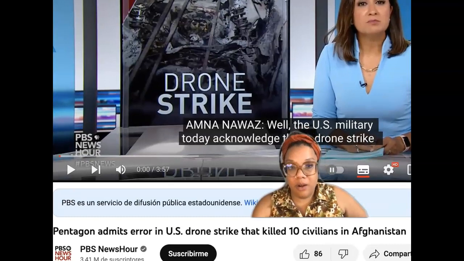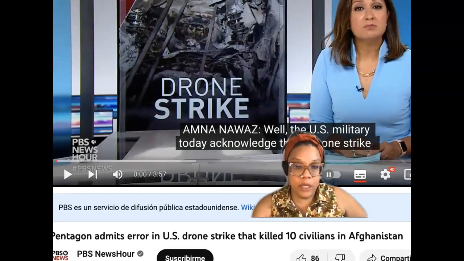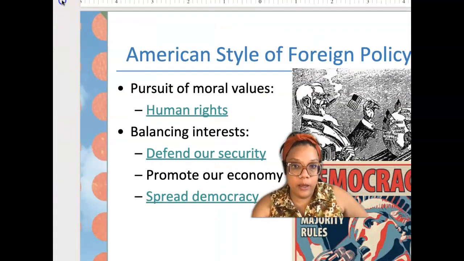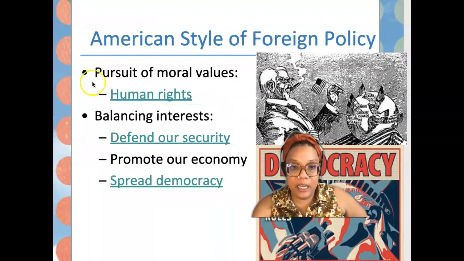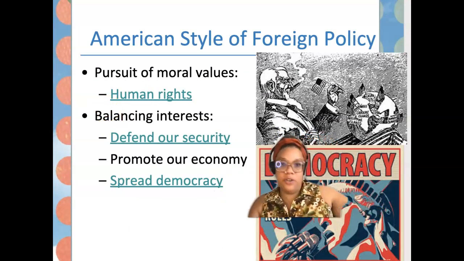But there are so many examples of U.S. drones killing people, decimating wedding parties, killing multiple generations of folks. All you have to do is Google it, right? That information is available for you. But I'd like for you to start with this here, right? And think about that as it lines up with this balancing interest of things like promoting our economy, spreading democracy,